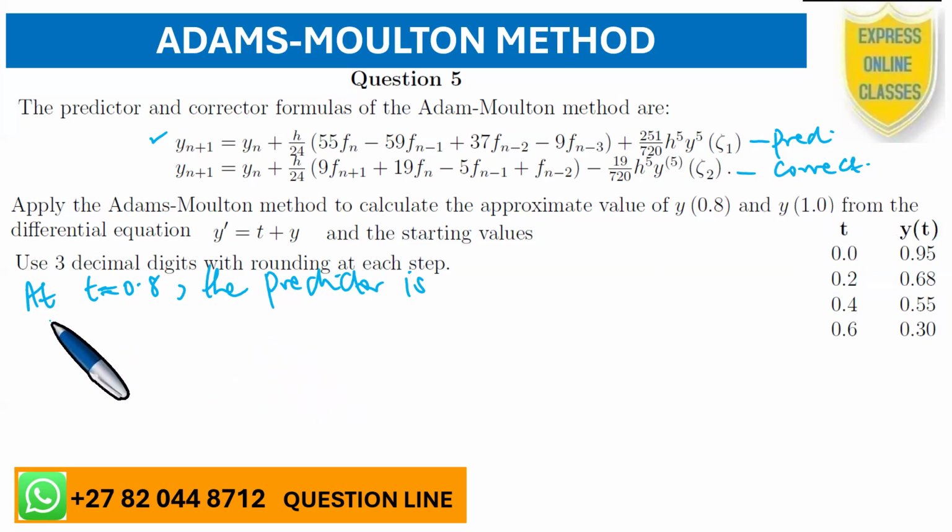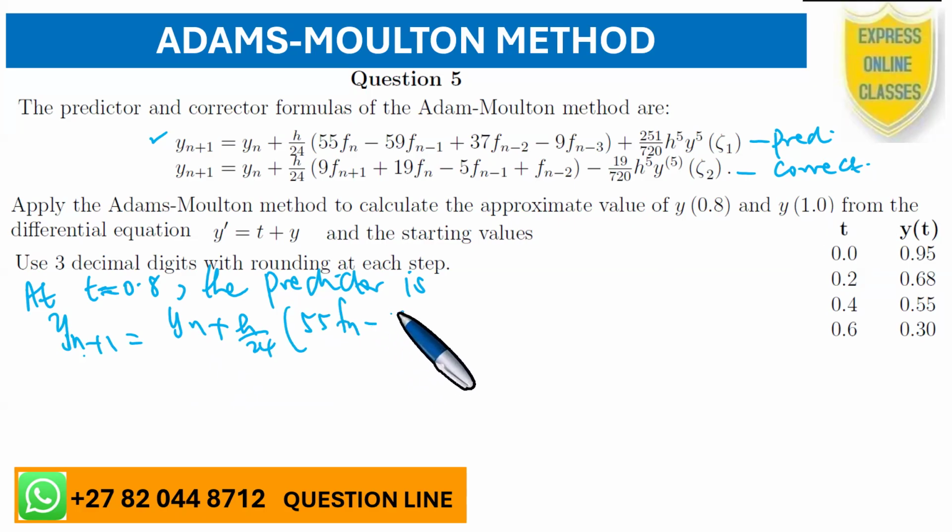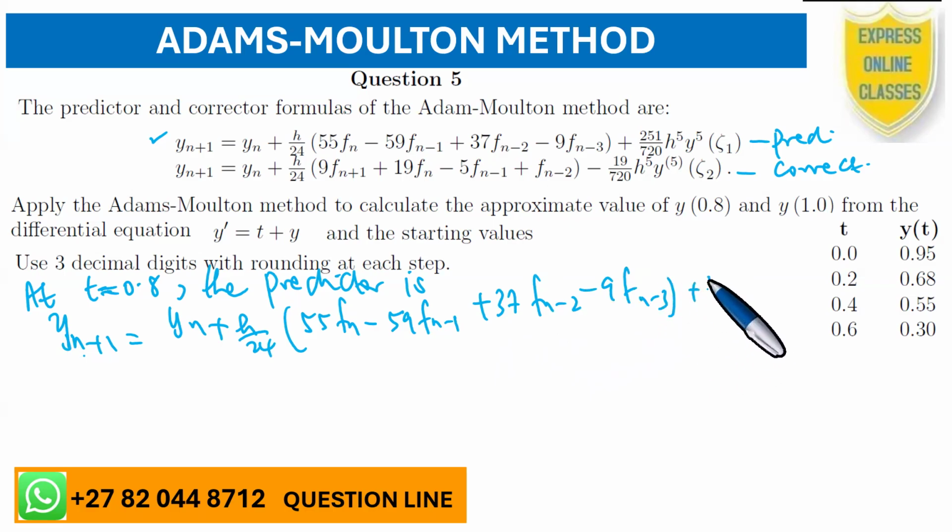So to practice, because we are practicing here, the predictor is y n plus 1, which is y n plus h on 24, 55 f n, minus 59 f n minus 1, f n minus 2, plus